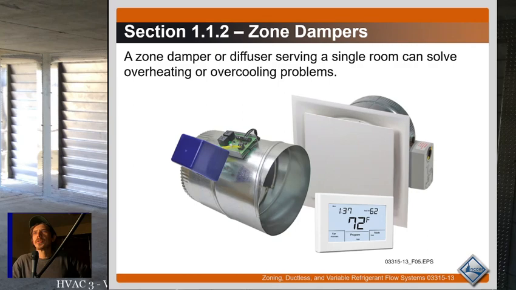A zone damper diffuser serving a single room can solve overheating or overcooling problems. And this is true, like I said. If the system's designed well and balanced well, you should really not need zone dampers in 90 to 95% of homes. But if you do have issues with duct design, or it's not well balanced and there's no way to remedy that issue, zoning is cheaper than redoing the whole duct system. And part of the reason why I